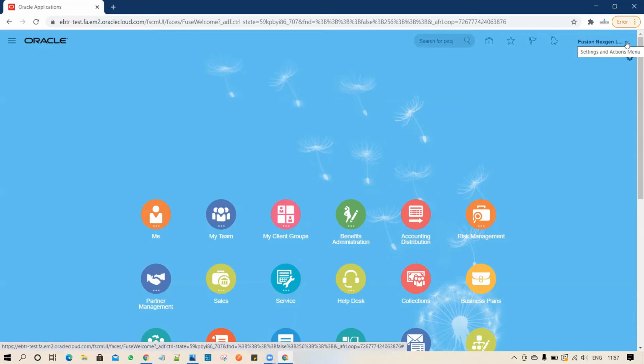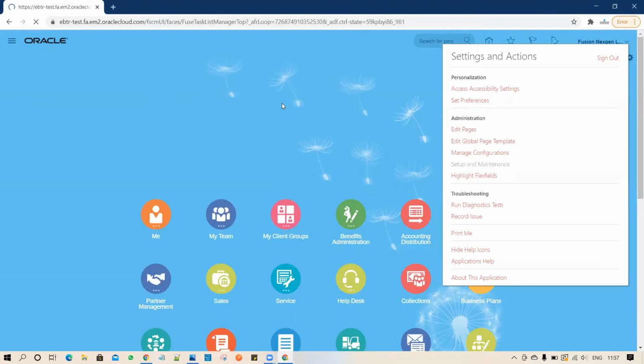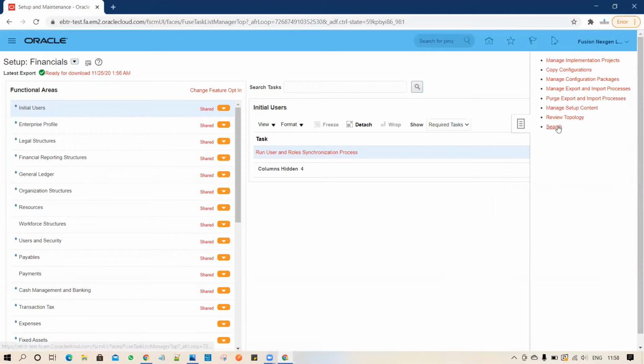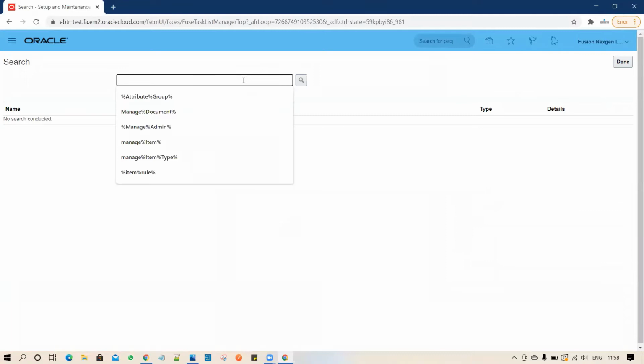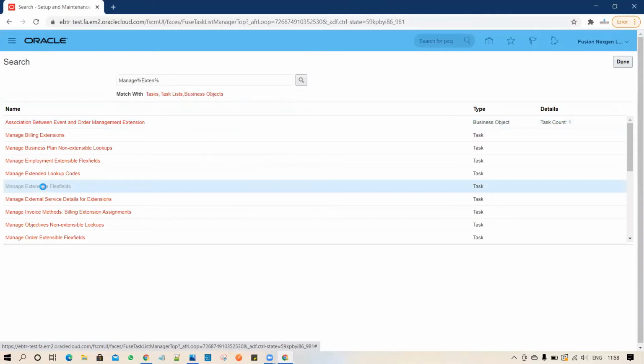So how to create? To create, you have to go to Setup and Maintenance. You have to go to the task and click on search. And then in the search criteria, you have to type manage extend and percent. Once you're done, then you have Manage Extensible Flex Fields. Once you click on that,